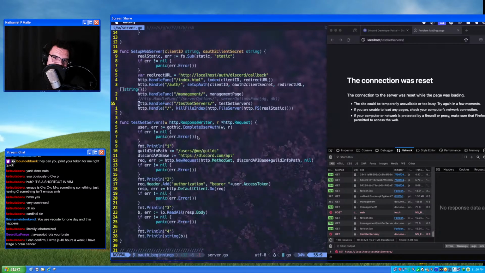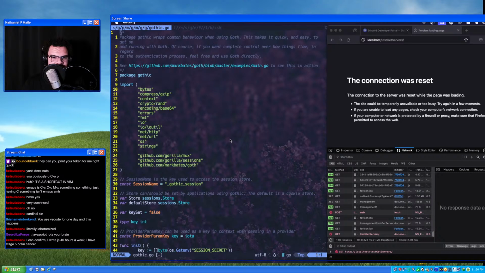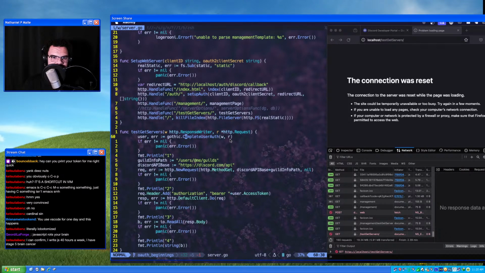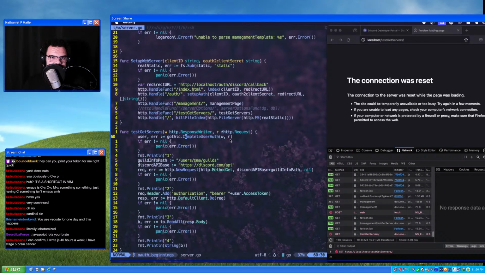Oh, this is just because I don't know how to use Gothic. Because complete user auth, you need to have the provider in there. Oh, just put it under. Yeah, this is a Gorilla thing too, right? It's got to be like :provider or something. So just put that under the provider. Is there a way to just hard code that we're using this provider? It wants to get it from the query parameters as either provider or :provider. So can we just